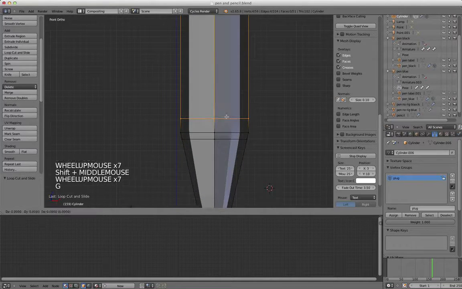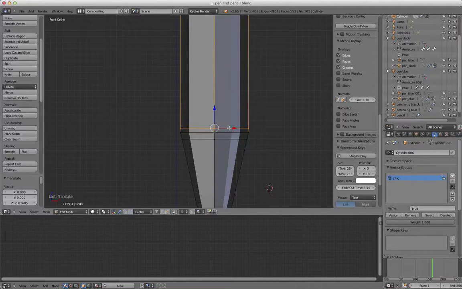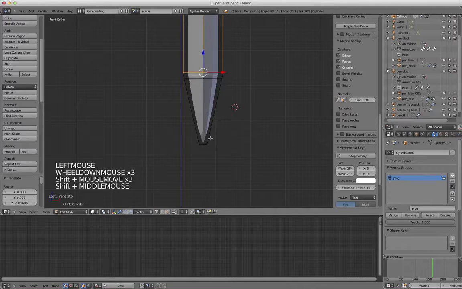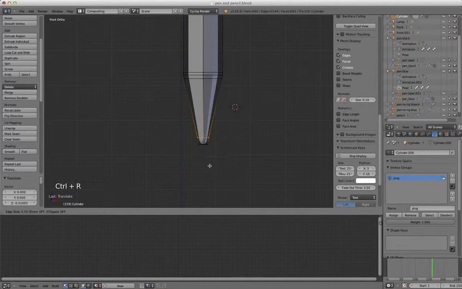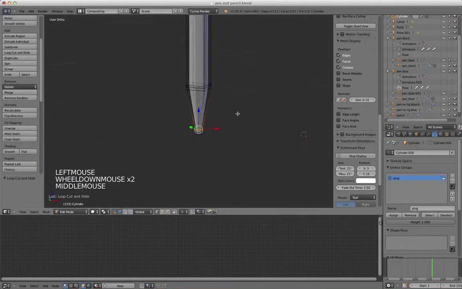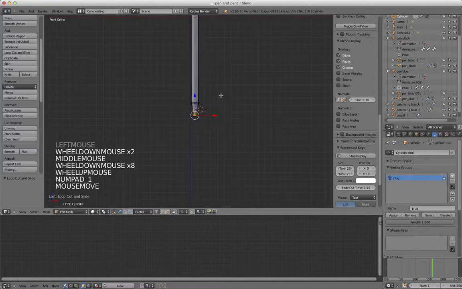So if you bring it all the way against, it'll make it kind of sharp. If you leave a little bit, it'll kind of make it smoother. Okay, so I'm going to leave it like that. Let's do one more ring. Okay, so there's the tip. All right, and so now while I have this